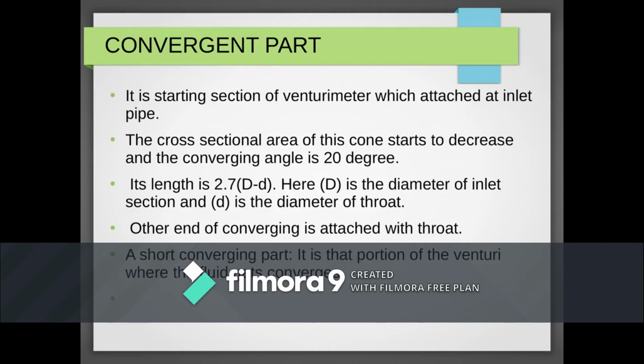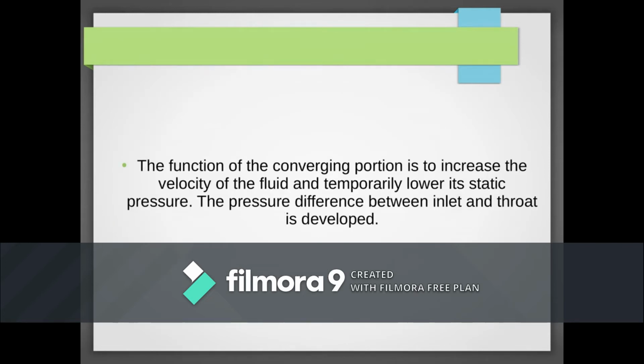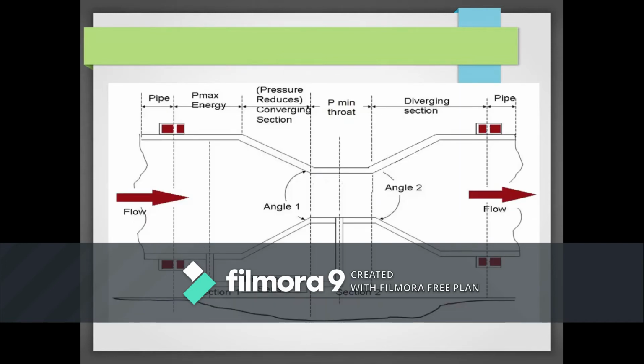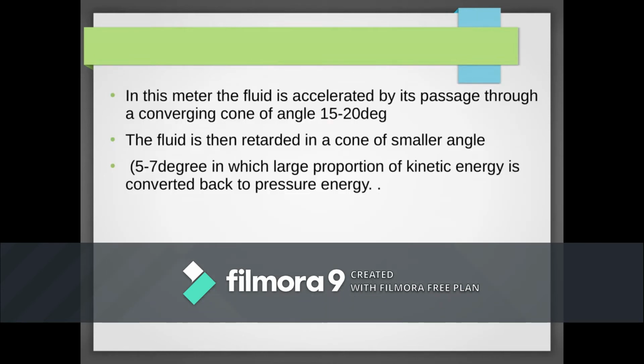Now, Q actual will be how much if water is flowing through a pipe into a bucket. We determine the rate of flow as volume by time. Volume is nothing but area into distance by time. Area into distance by time is what? Velocity. So we have Q is equal to A into V.